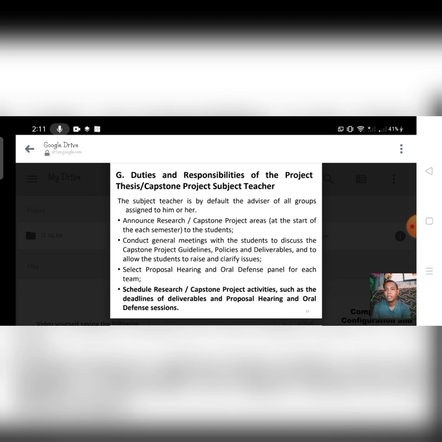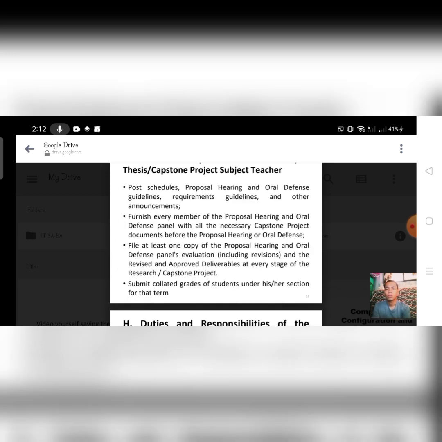Select proposal hearing and oral defense panel for each team. Schedule research capstone project activities such as the deadlines of deliverables and proposal hearing and oral defense session. Post schedules, proposal hearing and oral defense guidelines, requirements, and other announcements. Furnish every member of the capstone hearing and oral defense panel with all necessary capstone project documents before the proposal